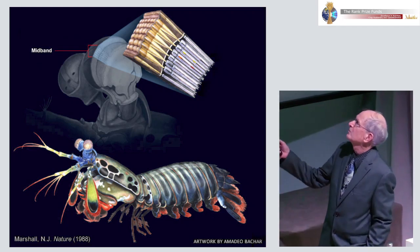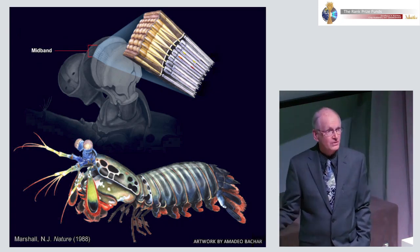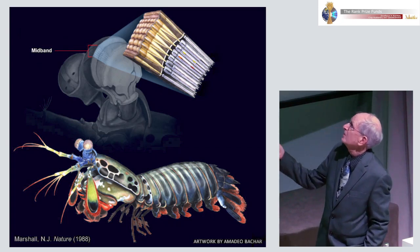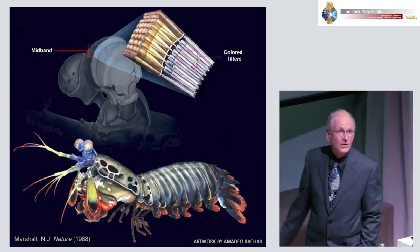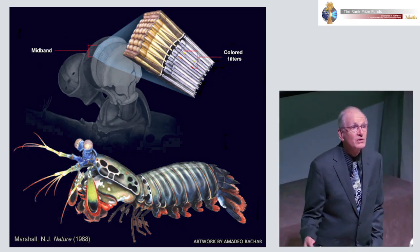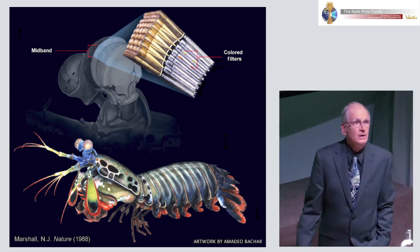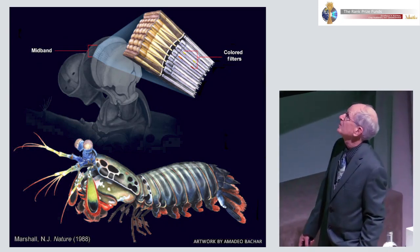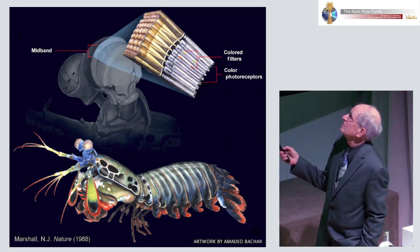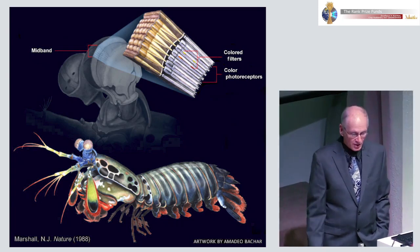So here's a chunk of eye. Out here is the optics. All the yellow stuff is the stuff that focuses light into the photoreceptors. The receptors are down here. And the first thing he showed was that they have these colored filters that Simon mentioned earlier that are found inside the photoreceptors themselves. Really a unique arrangement not seen in any other animals, that the filters are inside the photoreceptive membrane. And he also showed that these top 4 rows of the midband, remember there's 6 rows, are specialized